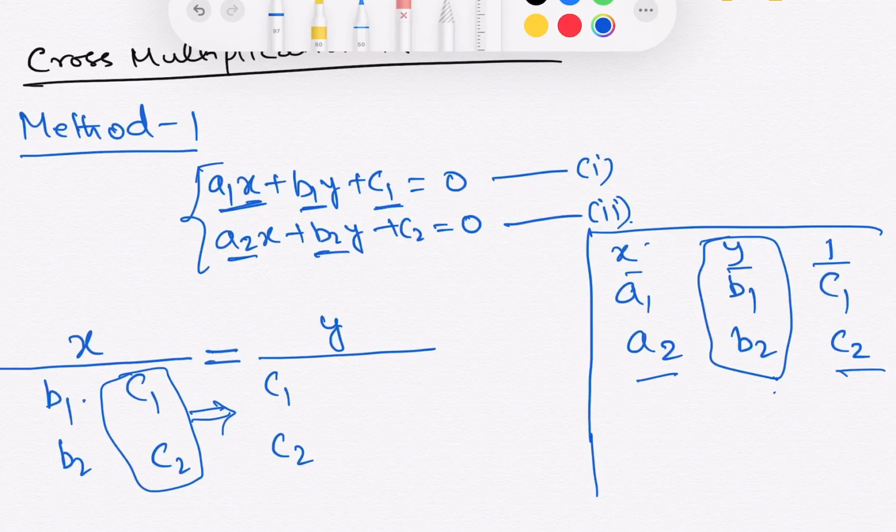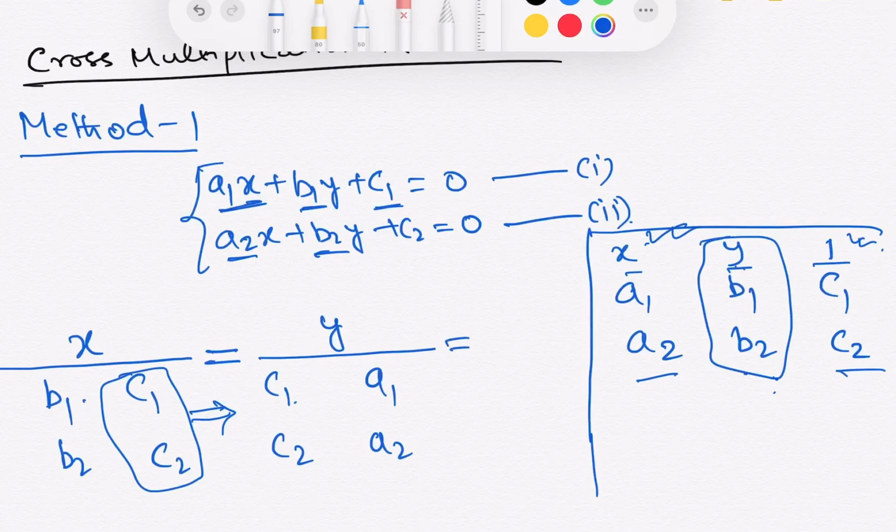For the rest of the portion, when we consider the y variable part, we consider only two parts, the x variable part and the constant part. I have already written the constant part, which is c1, c2. So the only portion left is the x variable part, so write here a1 and a2. That's clear for y variable.